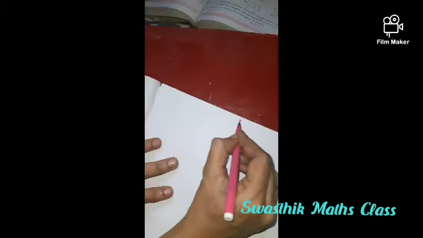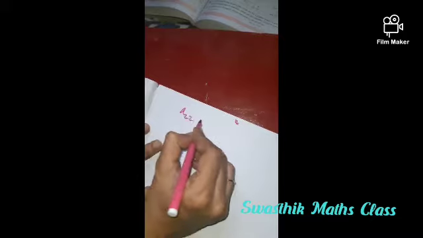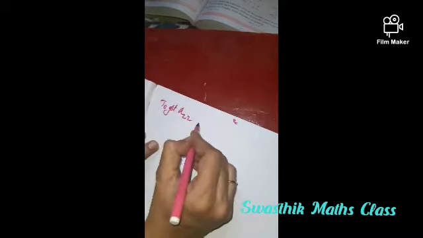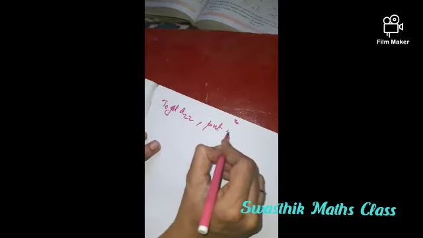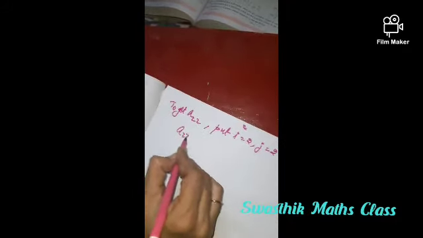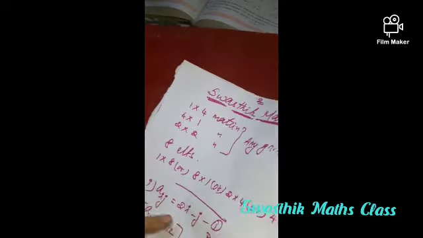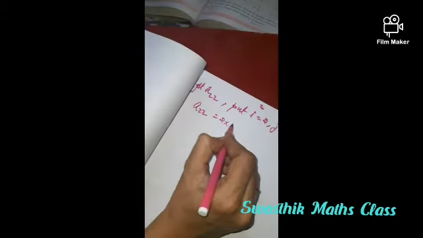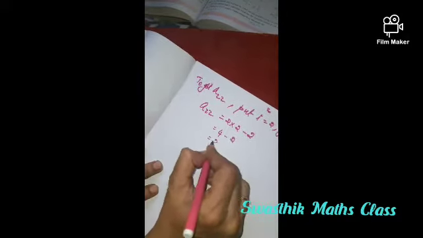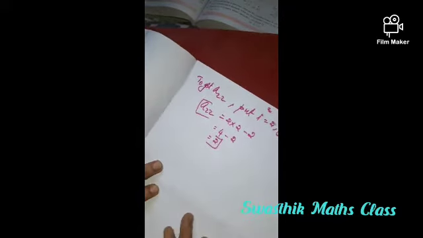Likewise, to get A22, what we have to put? To get this, put i is equal to 2 and j is equal to 2 in the same given equation 1. So we get A22 as 2 into 2 minus, instead of j also we have to take 2. Therefore this is equal to 4 minus 2. This is 2. So A22 is equal to 2 now.